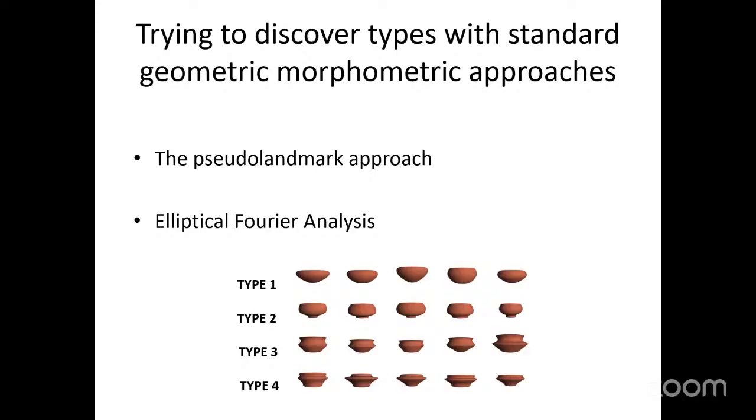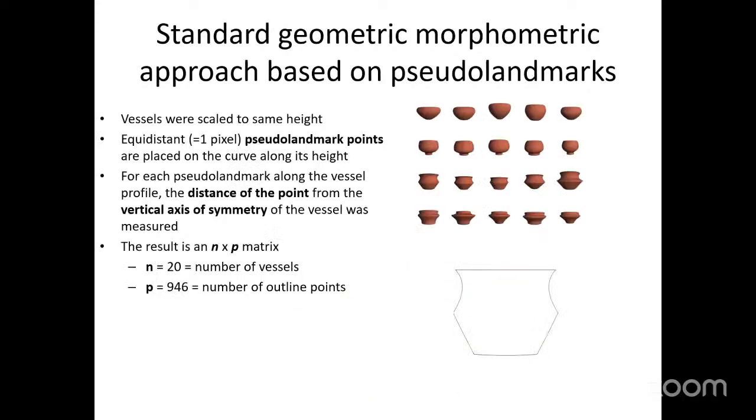Of course, you can do it visually. You can define syntactical type visually, but if you have hundreds or thousands of pots, it's going to be very slow. So you're probably going to opt for some geometric morphometric technique that you can simply scan those profiles and then apply the method and statistics and get the output. So we tried 2 standard methods on these virtual pots to see if we are going to get a good classification in terms of these syntactical types that we can easily recognize visually.